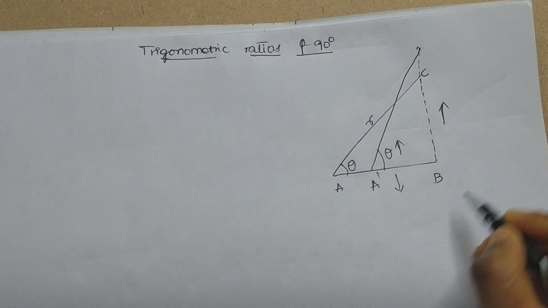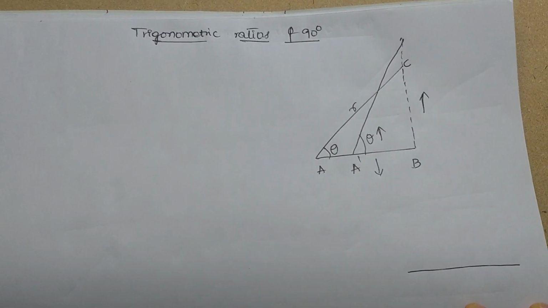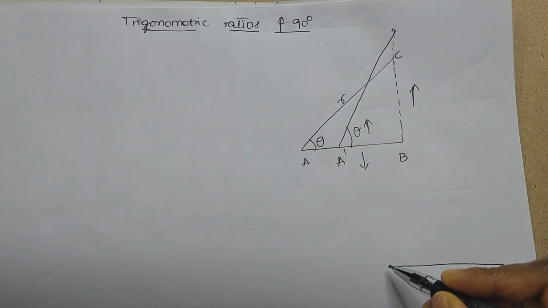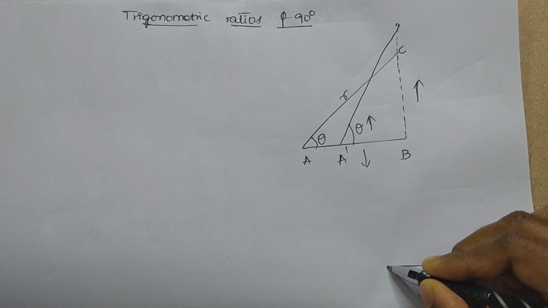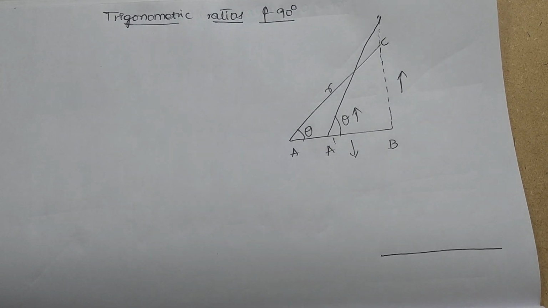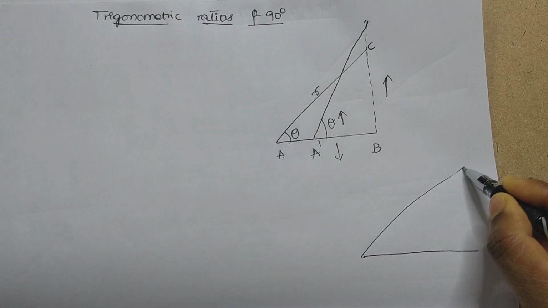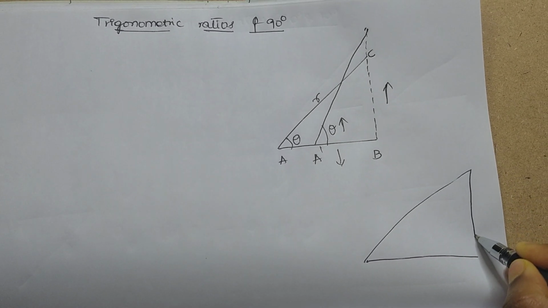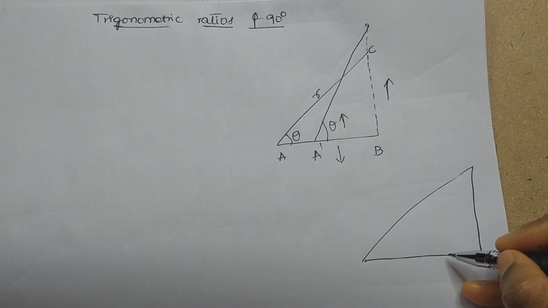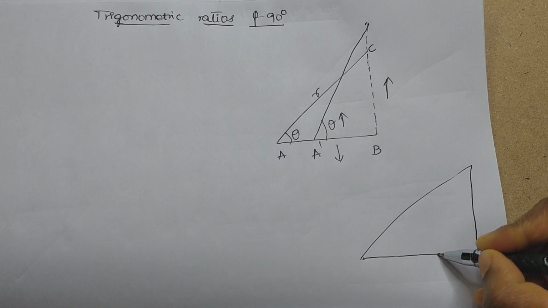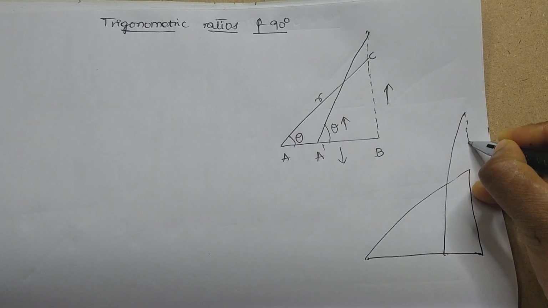Let me draw it here. Again another diagram, just an explanation for you. I will show you. If a person wants to still whitewash at a higher point, this is the original diagram which we have drawn. Correct? So if a person wants to whitewash at a very high point, the ladder will be placed like this. It means our height is increased like this.